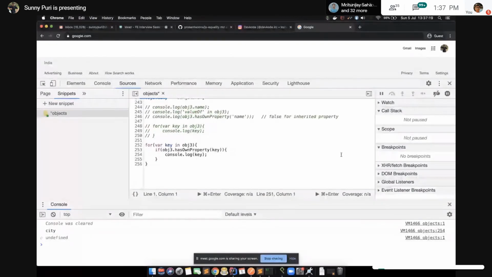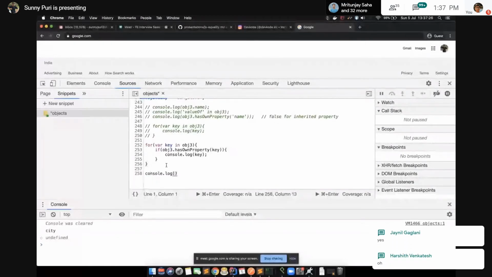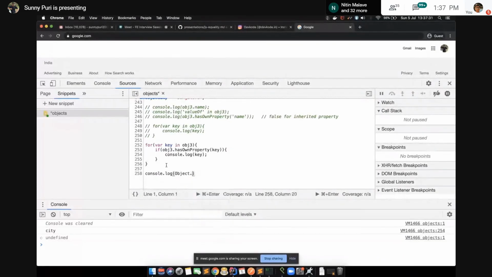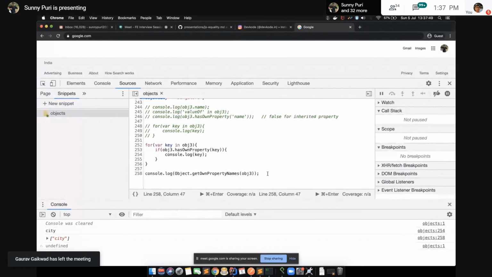So we have one more thing: you can get the property names with the static Object.getOwnPropertyNames. Get own property names for object 3. It will give you only its own property names if you don't want to use that. This is clear, guys.